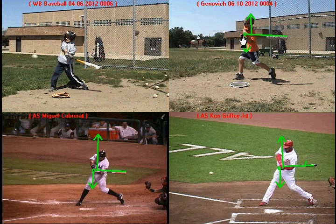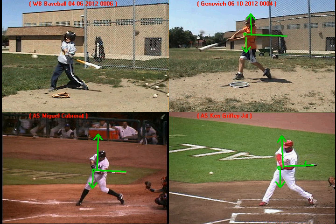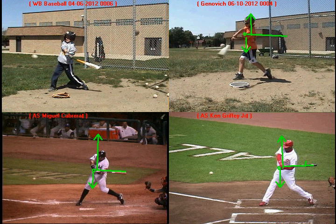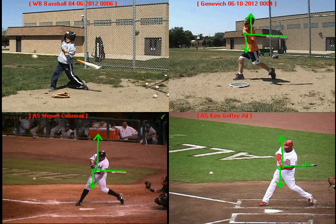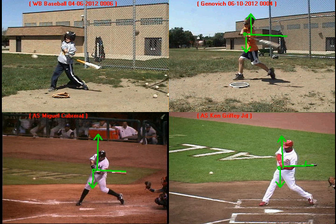So as you continue to pull this bottom hand through the zone, you're going to see the barrel of the bat whip through the hitting zone really nicely. And that's just fantastic right there. That's what we call bat speed. When you're able to pull that bottom hand through to get to contact, you see all that whip of that barrel. That's fantastic. Now in the old swing, when we first videotaped you,